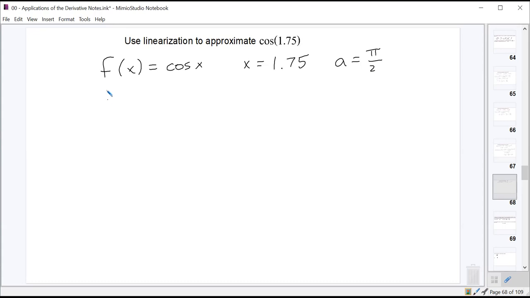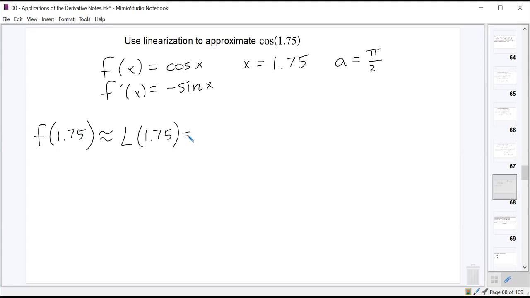And our derivative, f prime of x, is just going to be the derivative of cosine, negative sine x. So f of 1.75, or the cosine of 1.75, should be approximately equal to L of 1.75,